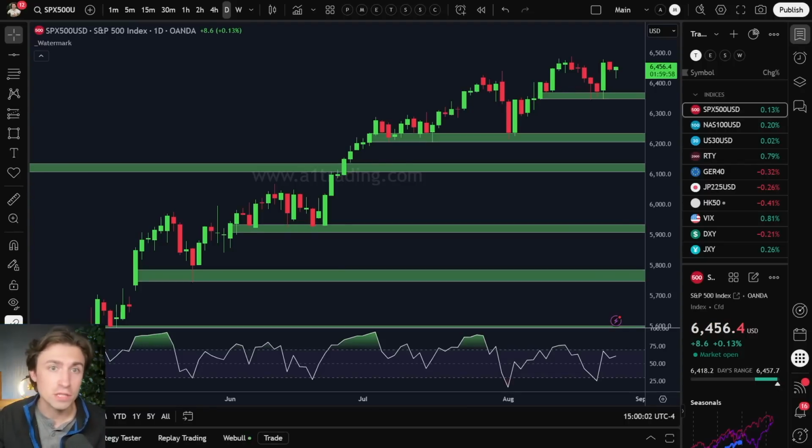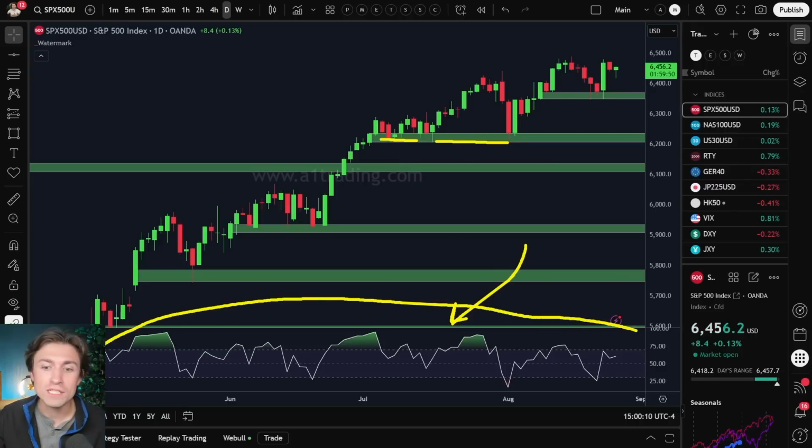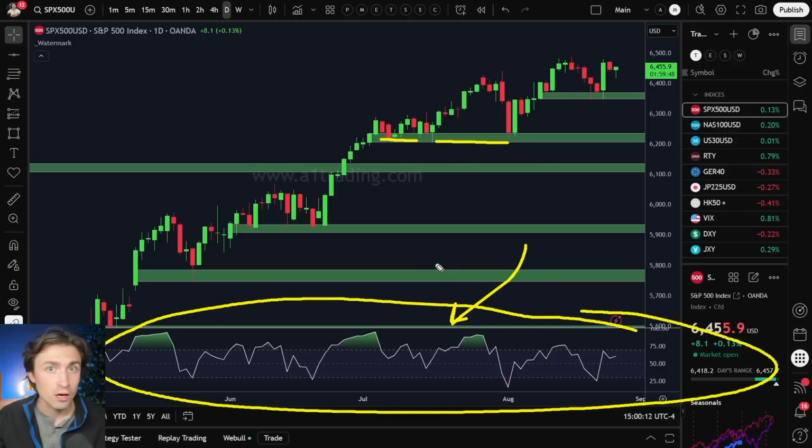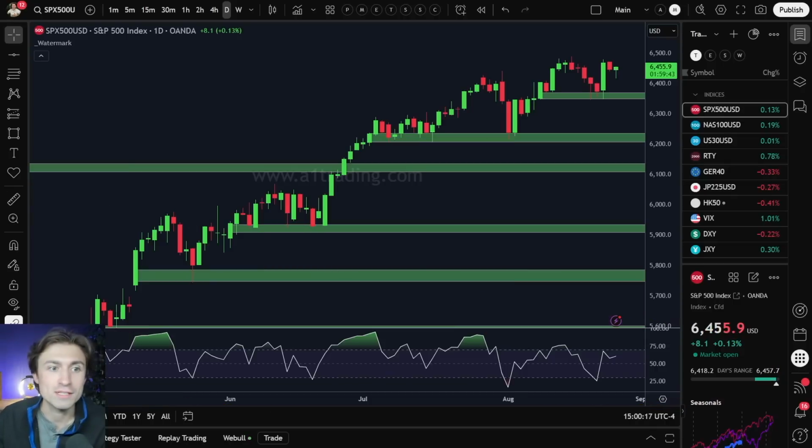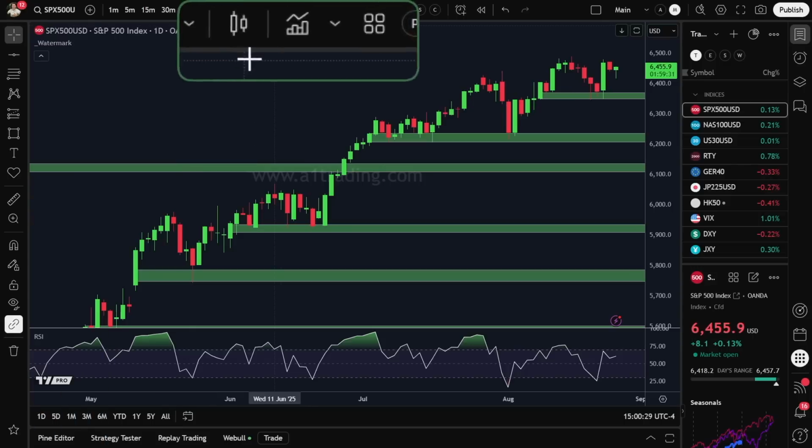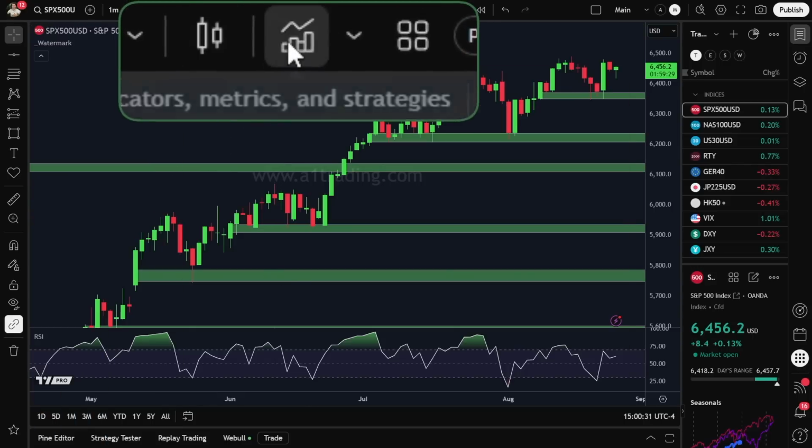And yes, believe it or not, it has to do with indicators, which is almost ironic because we're talking about price action, support and resistance, and yet using an indicator actually helps. I thought indicators were useless. Actually, they could be quite useful. And I'm going to show you exactly how you can use an RSI to find better support and resistance levels. Check this out. So to add the RSI to your chart, simply go to your indicators window,